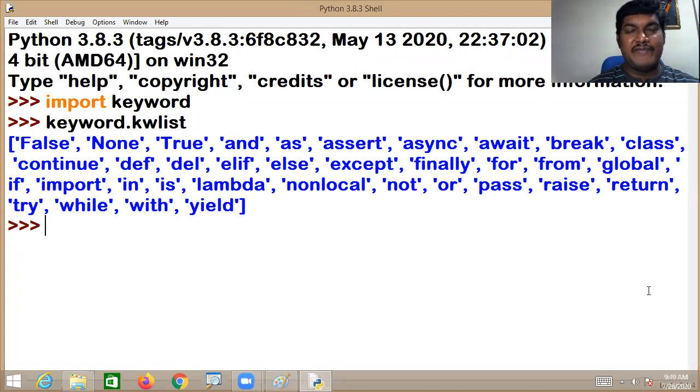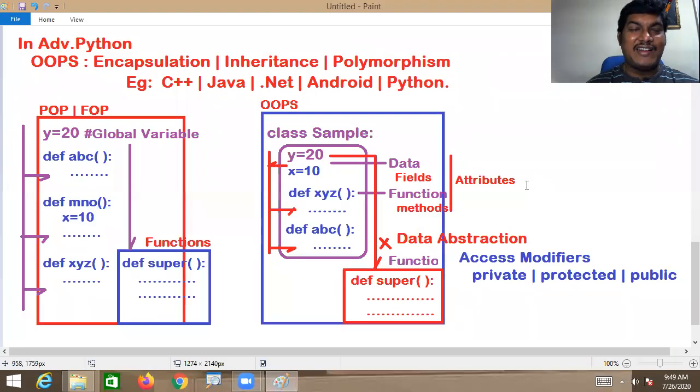Have you found any keyword with the name private, protected, public? No, because you can see all the keywords appear in alphabetical order. We have only the keyword starting with P, which is pass, but there is no private, protected, public. Then how can you provide data restrictions in Python? We have a separate lesson on data abstraction in Python. I'll be showing you. But for the time being, do remember,